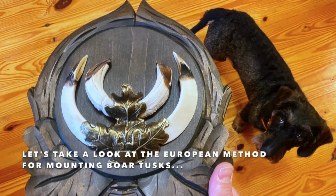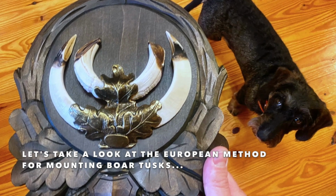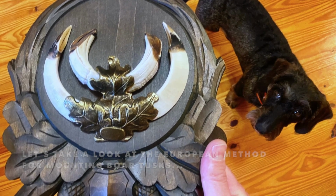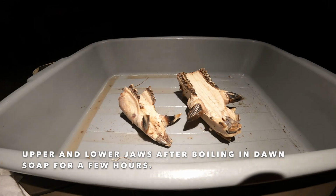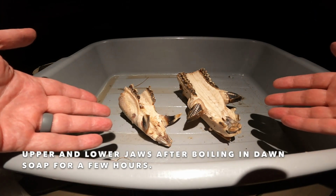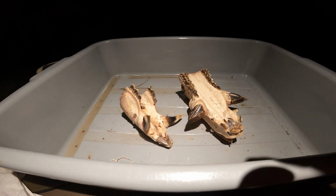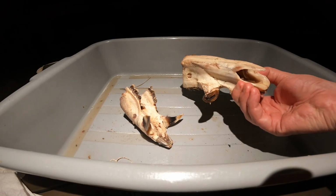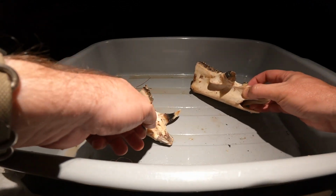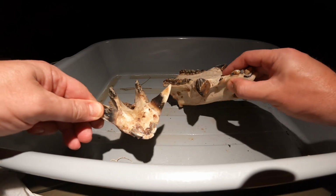Now let's dive into a little bit of a how-to and look at the European method for mounting boar tusks. Had a lot of people ask me about how to clean and remove wild boar tusks. So here you go. This is an upper jaw and the bottom jaw of a big boar that we